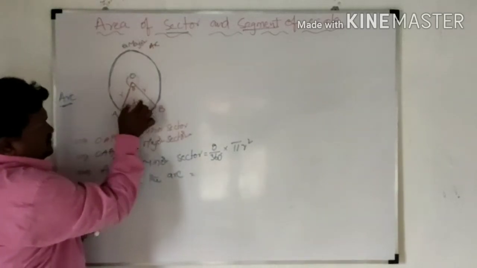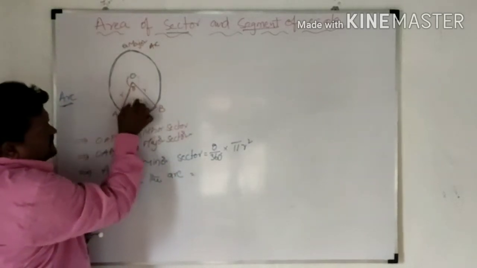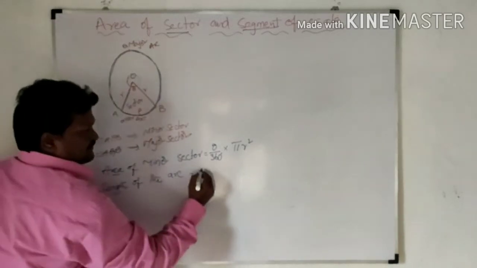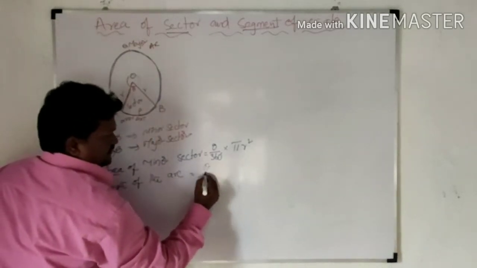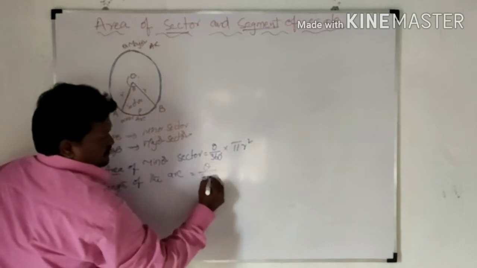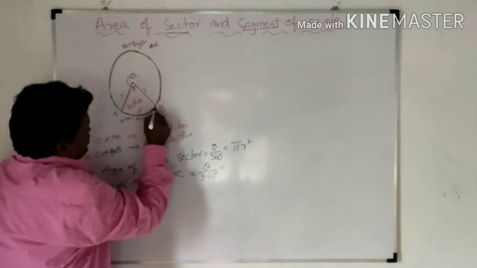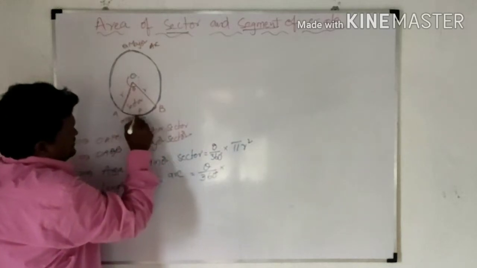This arc subtends some angle at the center of the circle. How much angle is it? It is making theta degrees by 360 degrees into